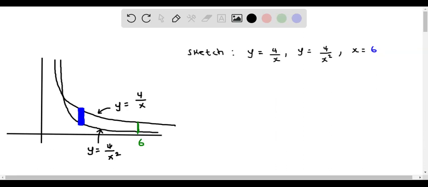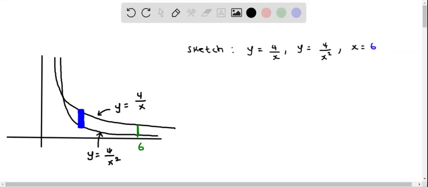Okay, here we have to sketch the two curves y equals 4 by x and y equals 4 by x squared, and the line x equal to 6. Here I have drawn the sketch of these two curves and the line. The top curve is the curve y equal to 4 over x. The bottom curve is the curve y equals 4 over x squared, and the line x equal to